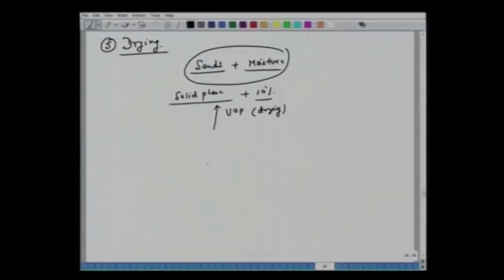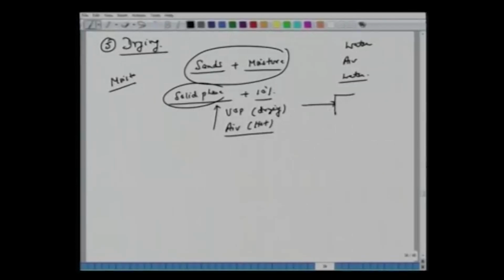So what we will do now, one has to bring hot air. So look at the difference and the similarity between the different unit operations. Here in the solid phase, we want to treat solid phase. Earlier we wanted to treat, say, water containing VOC. We wanted to clean air from sulfur dioxide. We had again water containing nicotine. All right. Now we have a solid phase, sands. It's a moist sand. We want to dry it. That's called dryer here. So now what we will do, we will bring hot air, and then still we will